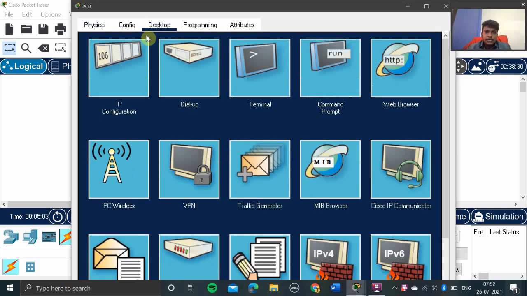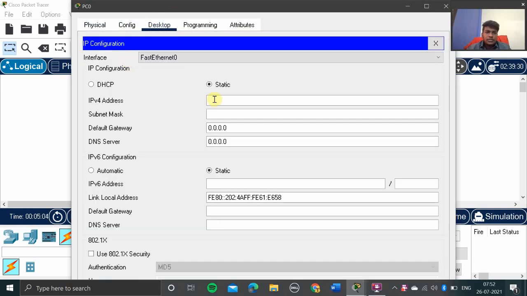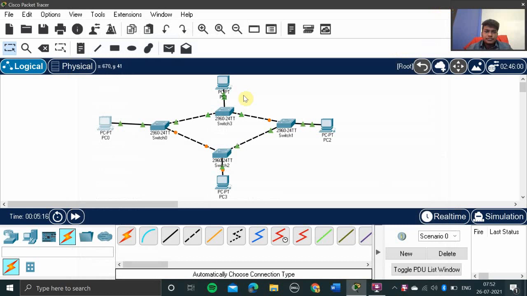Go to desktop, ipconfig, and we have to give the IP address as 192.168.1.1. Enter, and this is completed. Now we go to PC1.